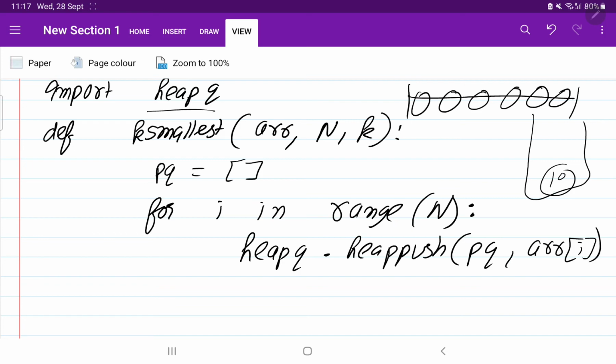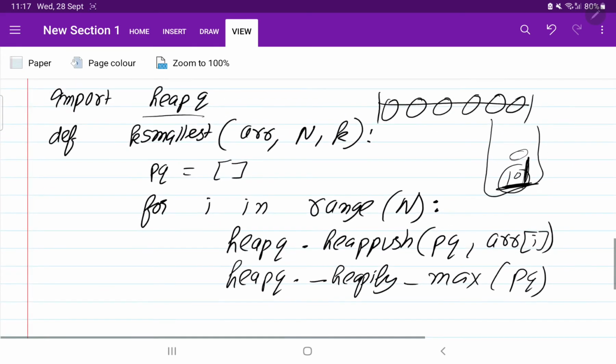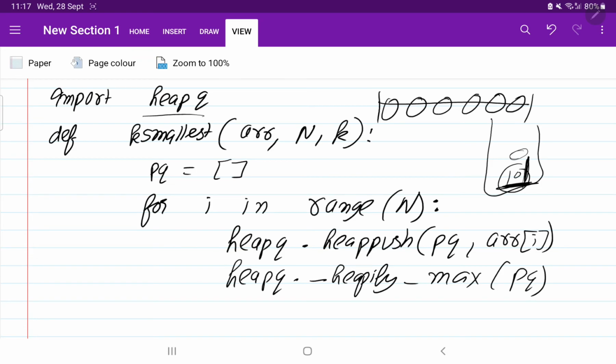Now we say, adjust it, make it a priority queue. In a priority queue, the maximum element will come at the top. So we have to apply the code for that: heapq._heapify_max, which tells it to do the priority queue.